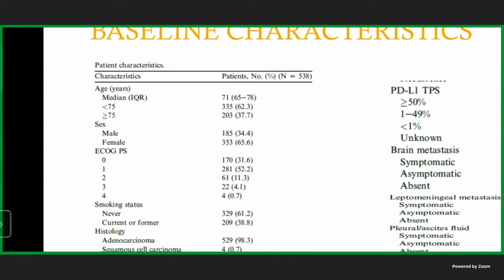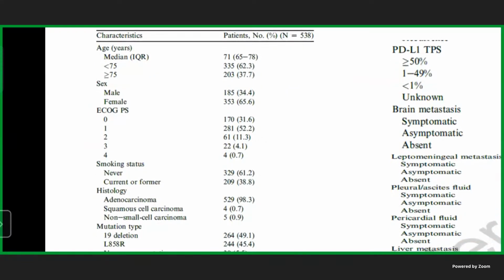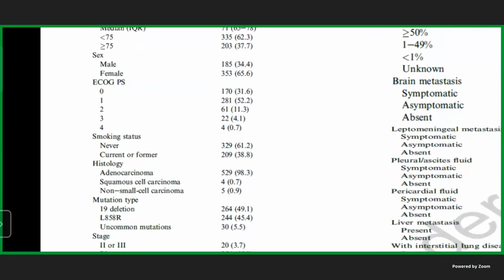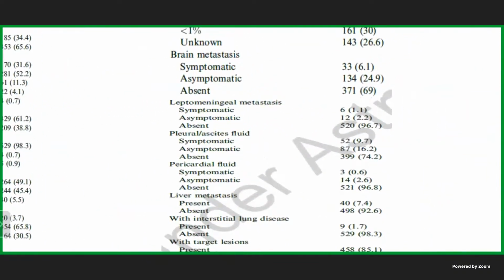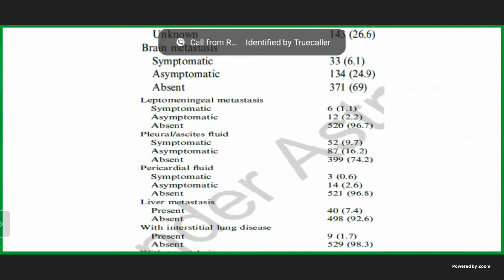Median age was 71, so it was much more as compared to the FLAURA trial. Males and females were represented almost 34% versus 65%. And you can see here a very, very important thing: 11% of patients had performance status of 2, and 52% had performance status of 1. So both performance status patients were included. And on the right hand side of the panel, you can see that leptomeningeal metastasis was also present in these patients. 1.1% of patients had symptomatic leptomeningeal metastasis, while 2.2% had asymptomatic